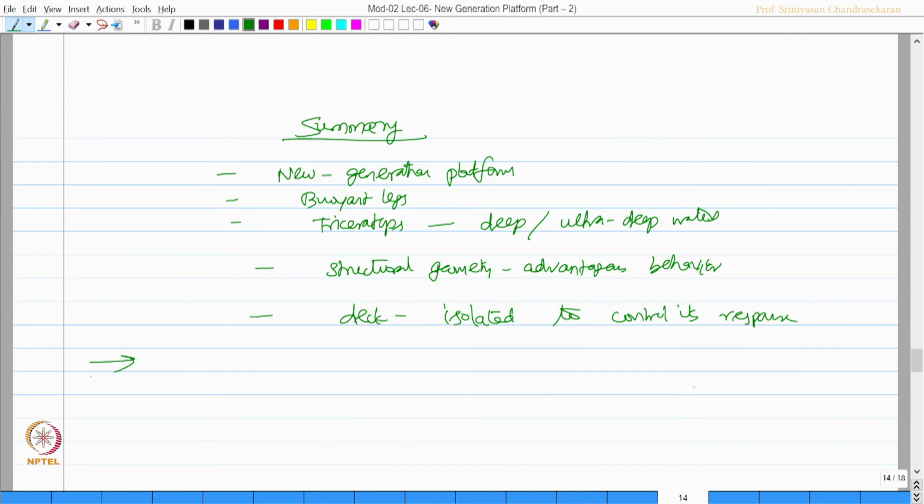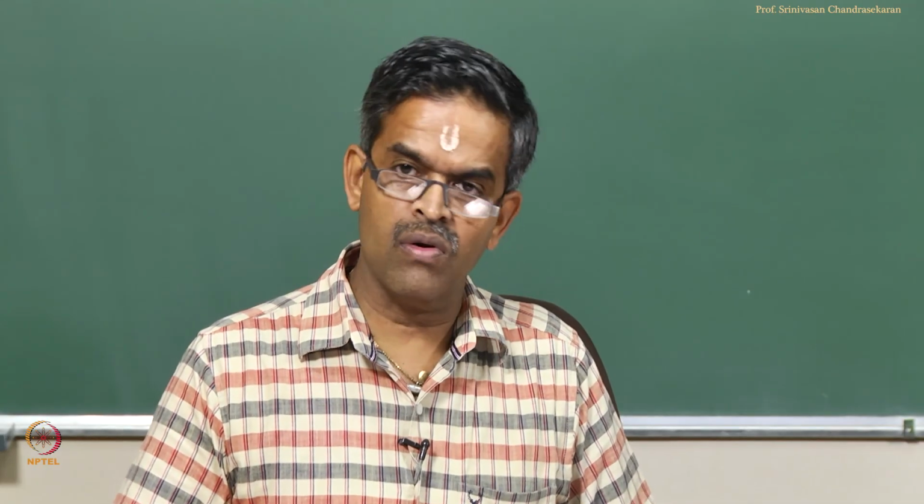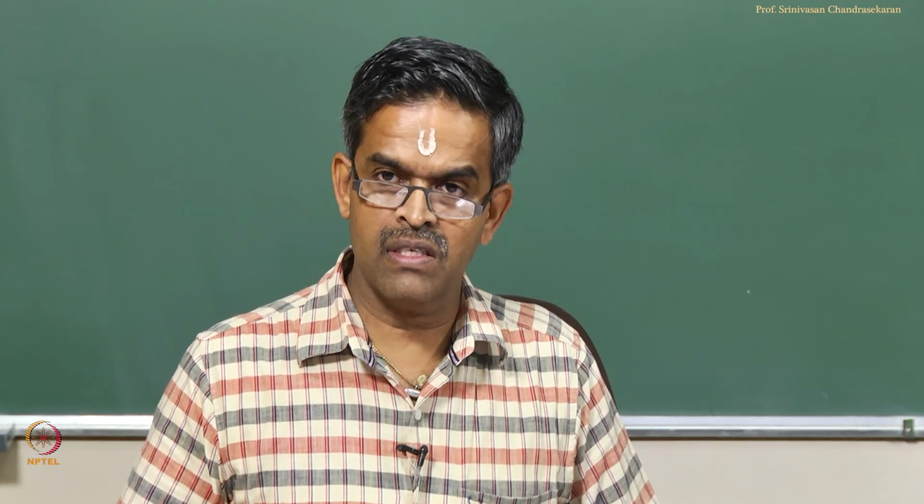So, friends, offshore structures have got form dominance in their design, which shows advantages which should be taken care of when we do the analysis. Unlike conventional structures, offshore structures should have a form uniqueness to do the analysis. This is the important concept we wanted to establish from the set of lectures we have so far discussed